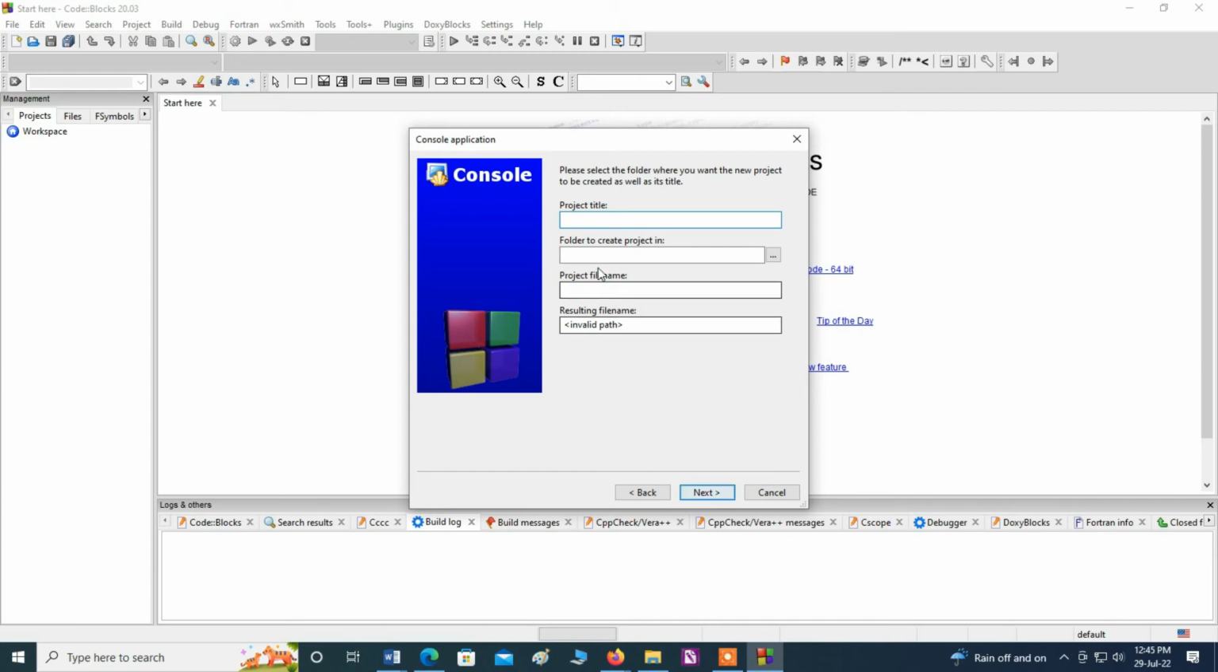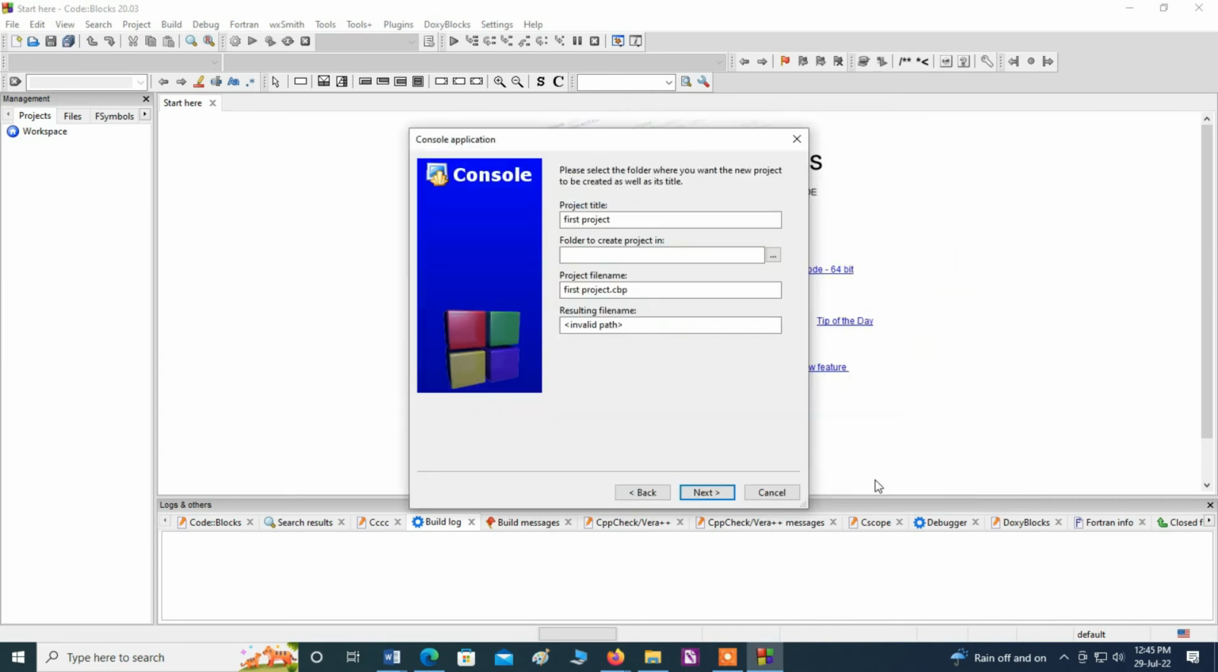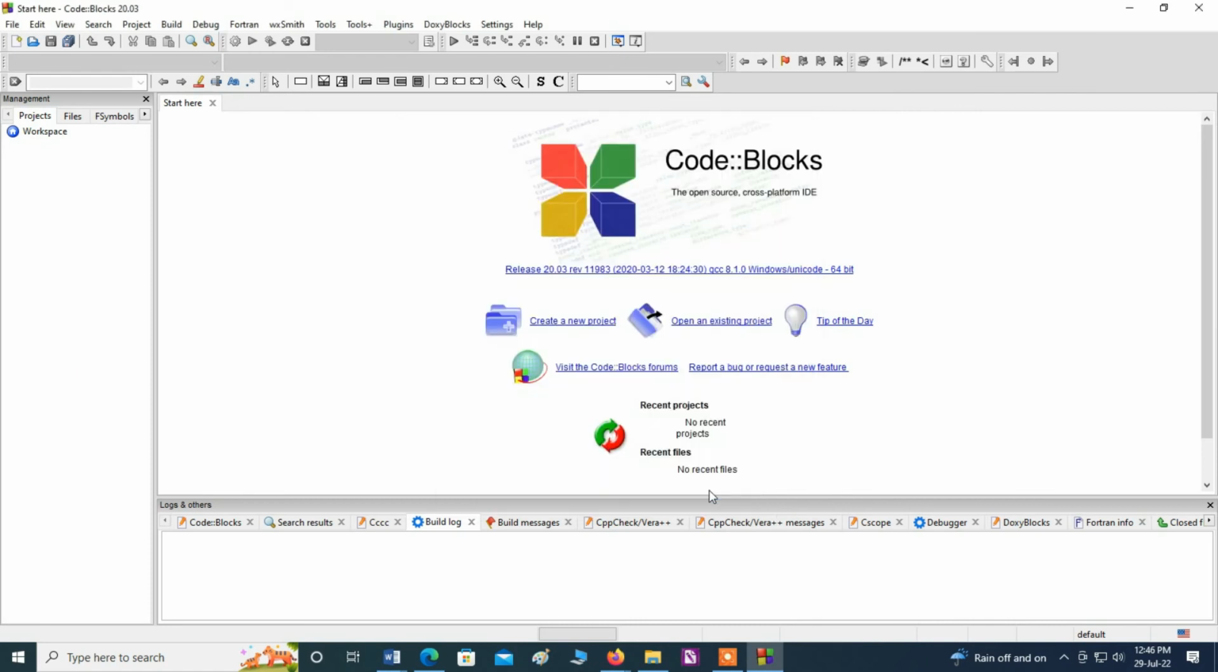and next you can provide here the project title, first project, and you have to put the folder here to create where you want to save the file, where you want to save the project. Let us keep it my document. Select folder, click next. Here you can see the GNU GCC compiler. Click finish,